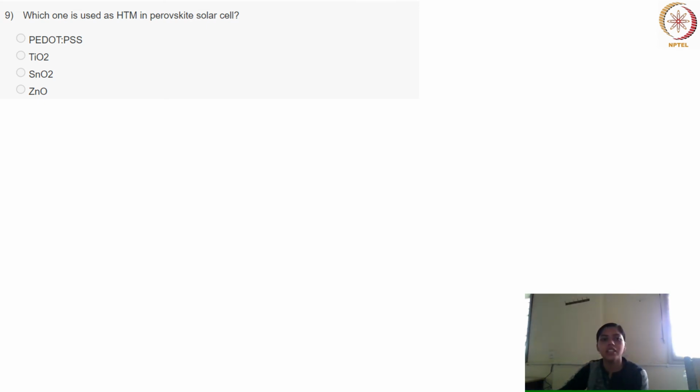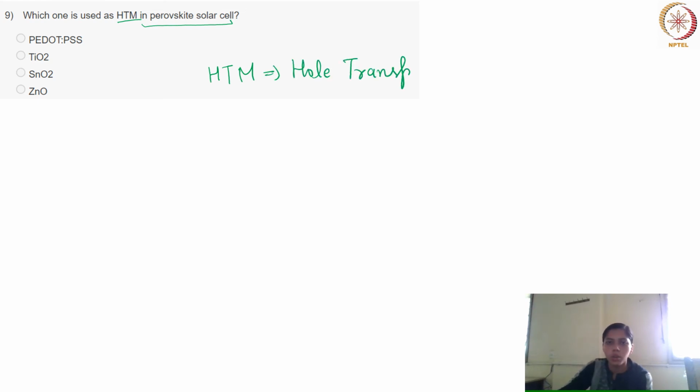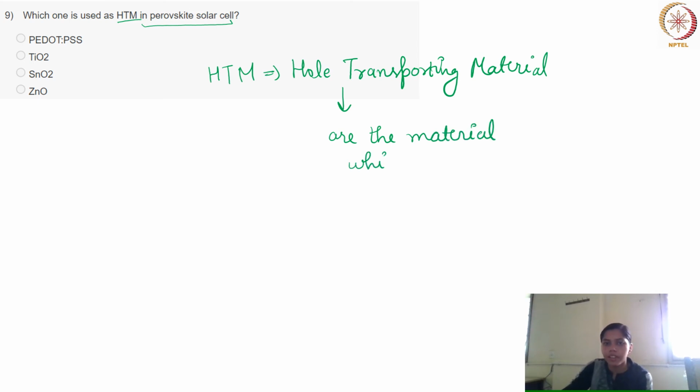So the question is, which among the following materials is used as the HTM in the perovskite solar cell? So what is HTM? HTM is the hole transporting material. Now what are these hole transporting materials? So basically these are the materials which are favorable for the flow of holes,